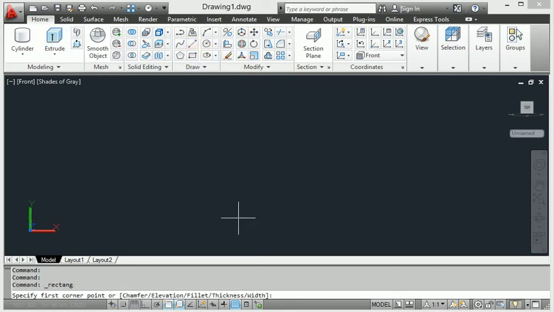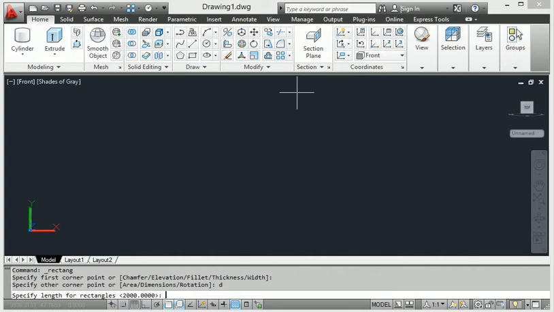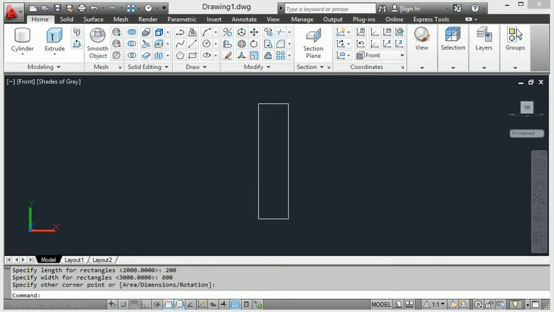Right now this one is a rectangle, I make the D, enter, 200 and 800.